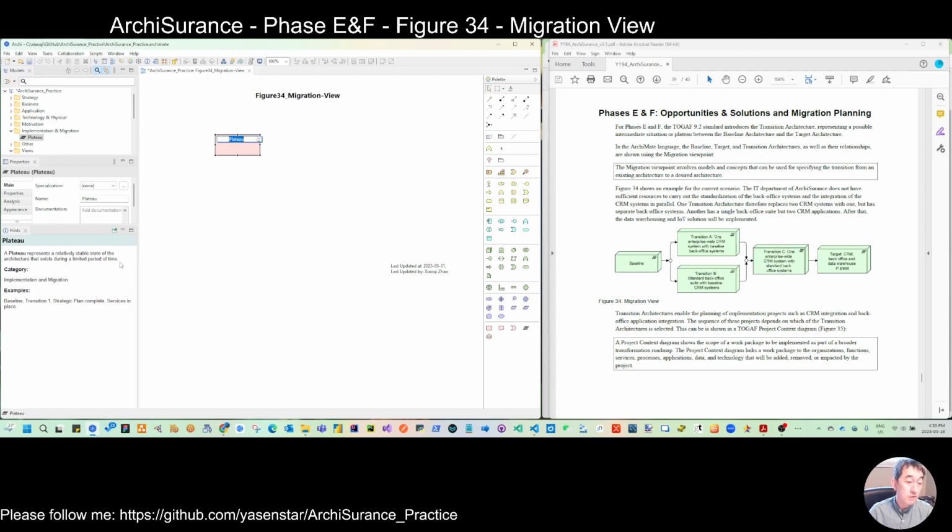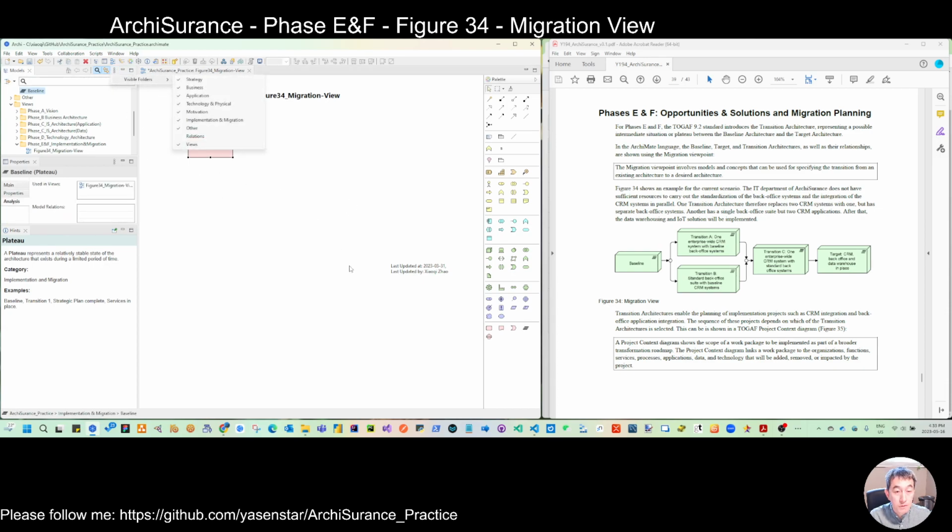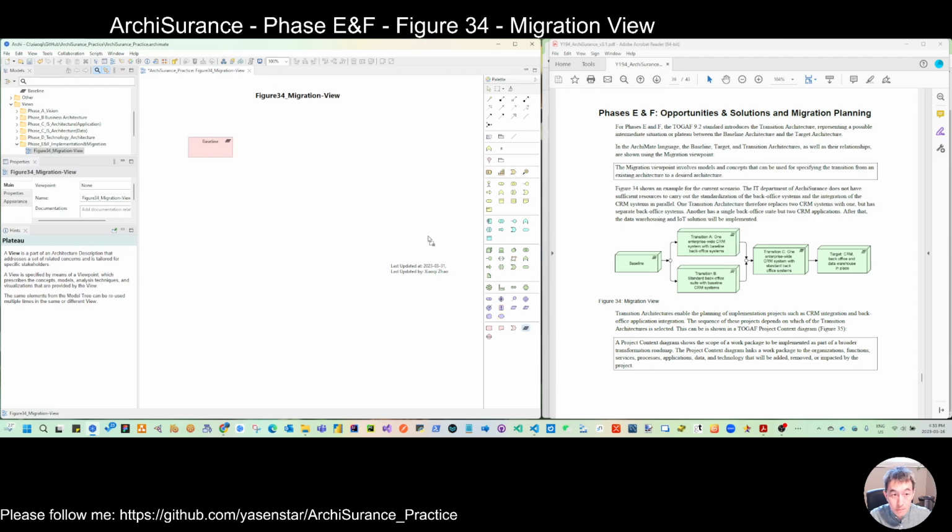That is the way we want to use it, to show the baseline or the project or the migration. We don't have anything on this layer, so let's just drag and place. Then that is transition A,